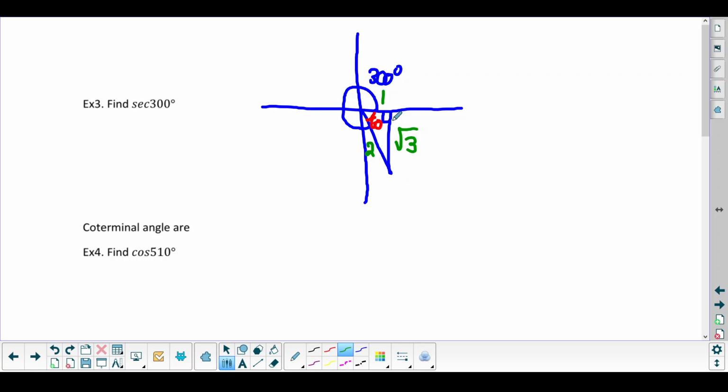Next thing is we want to label what sides are positive or negative. Our x, our horizontal, we're on the right, so it's positive. Hypotenuse is always positive, but we're down, so our vertical is going to be negative. And now we're finding secant. So secant 300 degrees is going to be equal to 1 over, secant's the reciprocal of cosine. So 1 over cosine 300,